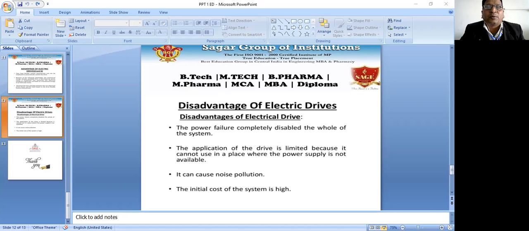And the power modulator converts the energy according to the requirement of the motor. So if the source is DC and an induction motor is used, then the power modulator converts DC into AC. It also selects the mode of operation of the motor, that is motoring or braking. This is the mode of the motor.